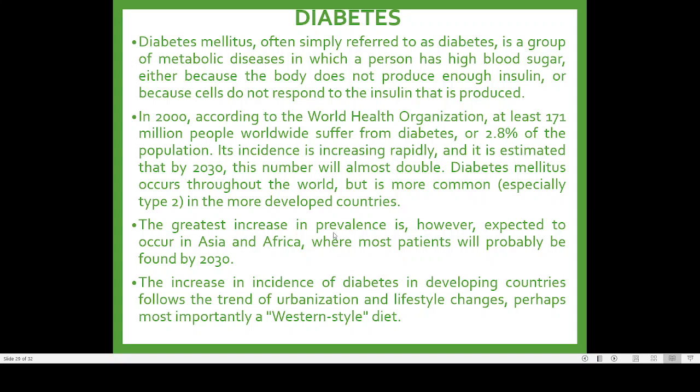So a great increase in prevalence of diabetes is expected to occur in Asia and Africa. You know that most of the countries in Asia are going through a rapid phase of economic development. You know what is happening in our own country. Now India used to be a poor country for a long time. Now India is also developing, and today we are going to be the third most powerful in terms of economic power. We will be having the third largest GDP very soon. Now it is fourth. So that way India is increasing its economic capacity.